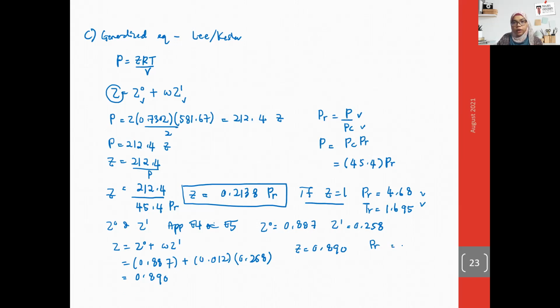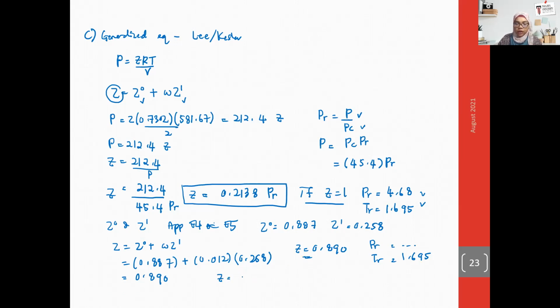Then you can get the new PR by using the same TR here, because T is given. Then you need to ensure that the calculated Z is equal to the given Z here. So after a few iterations, we found that the Z here is equal to,